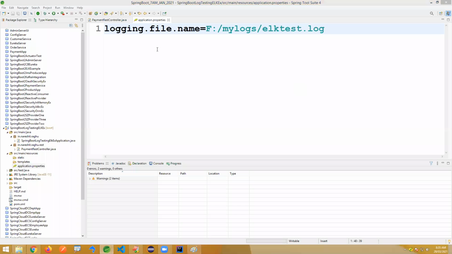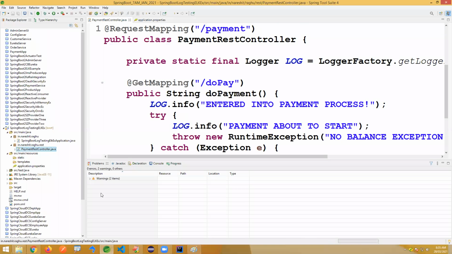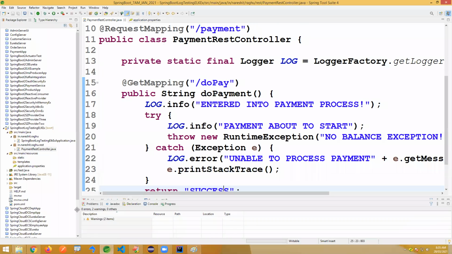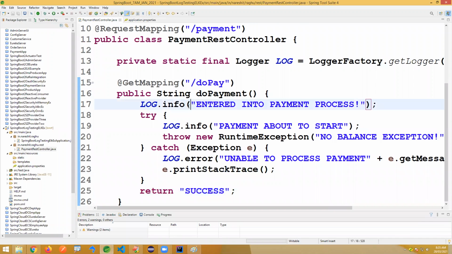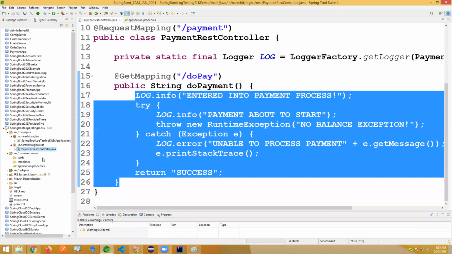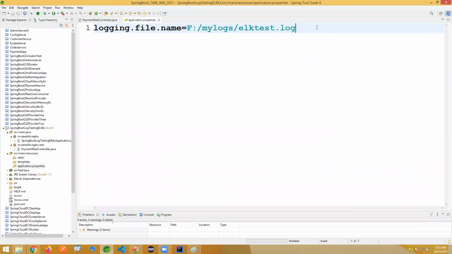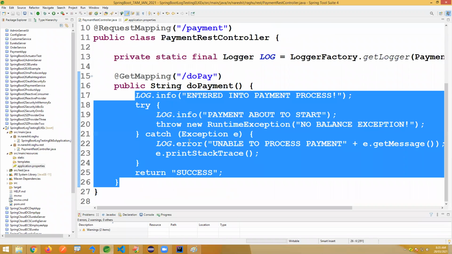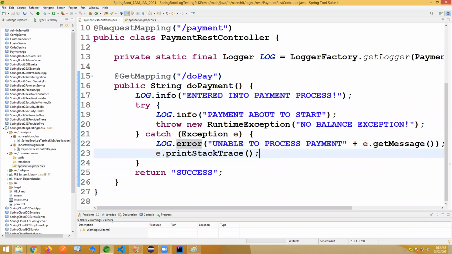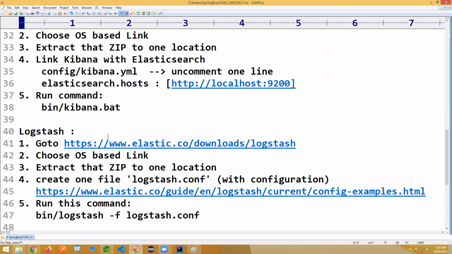Okay, so here we are just writing one REST controller. Observe, we are just writing one REST controller. Loggers are enabled here, and we mentioned where exactly the logs are to be stored. That means we just created a simple application. We'll run this application. It's still not over. We'll modify this stack trace also if you want. Okay, let it be. Then we'll come to the above process here.